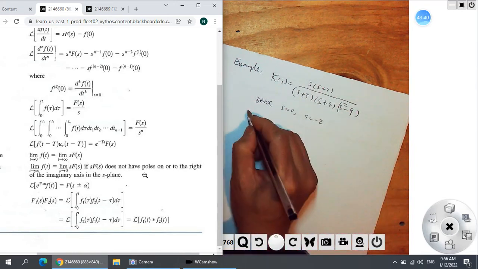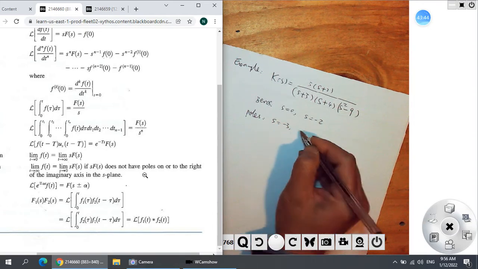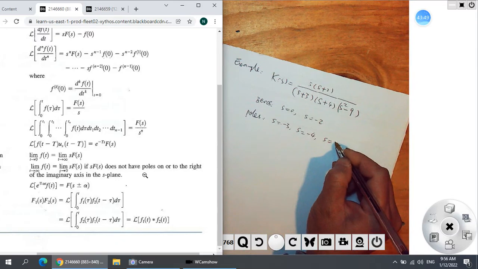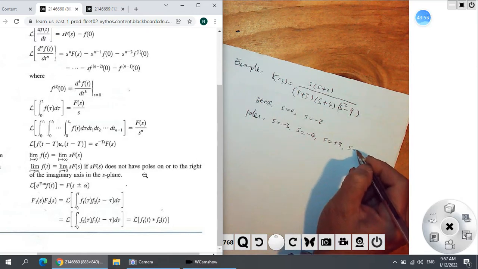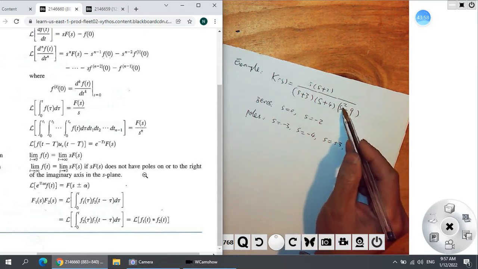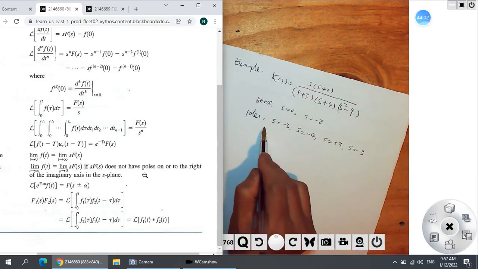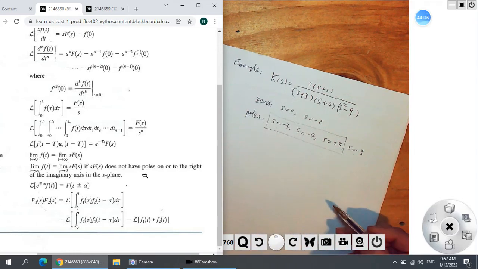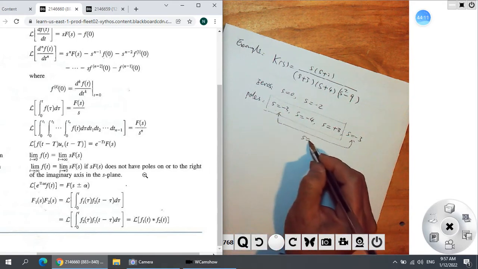And the poles: S equal to -3, S equal to -4, S equal to positive 3. Oh, here's another -3. Positive and negative 3 both make this 0. So we have poles. Actually, these are the same. You can say S equal to 3 is a pole